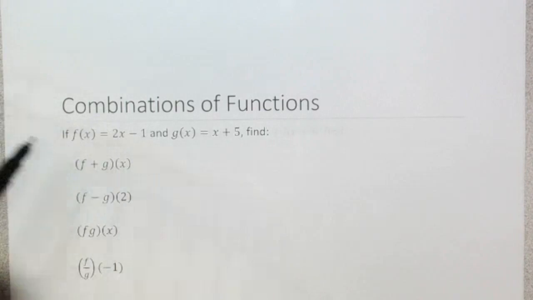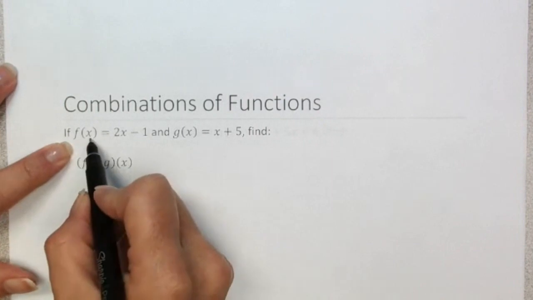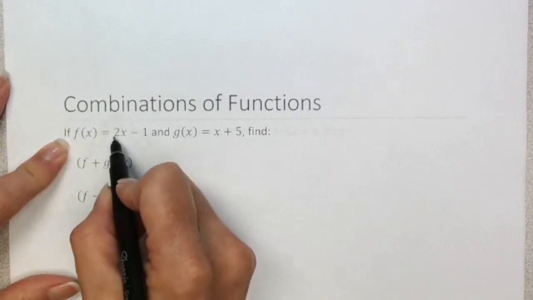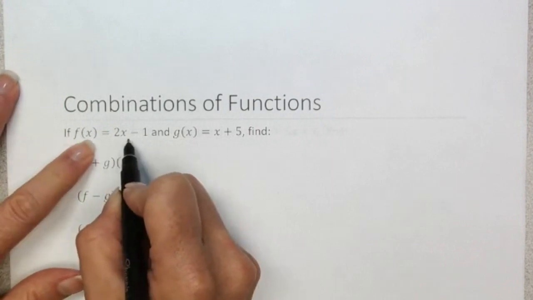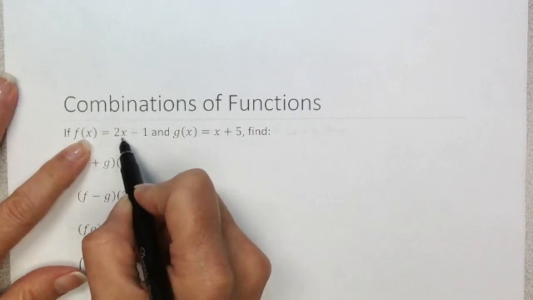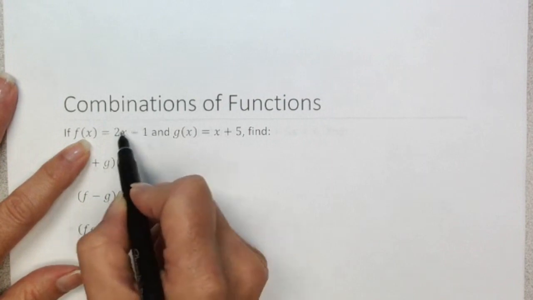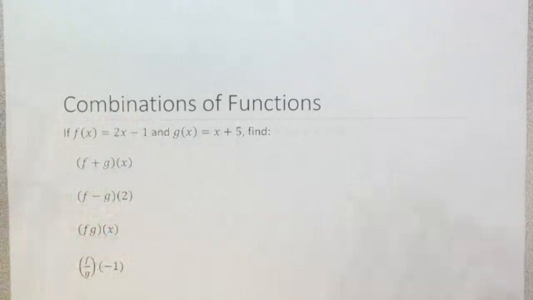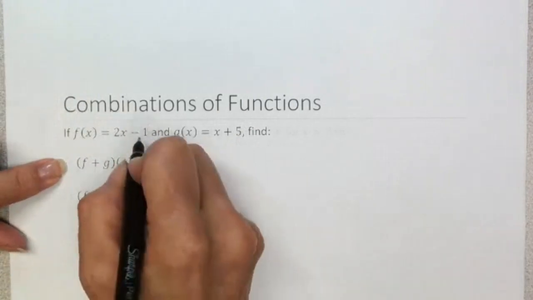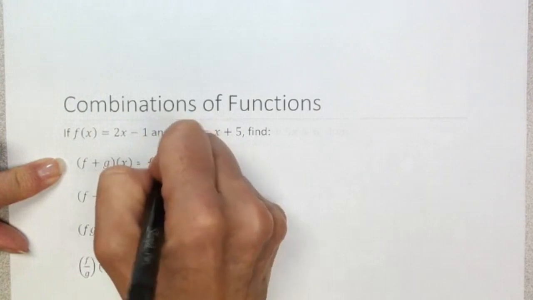So let's look at some examples of combining functions. If we have a function f, and that function is defined as 2x minus 1, that just means take some input. That'll be the value x, whatever value x takes on. Take that input, multiply it by 2, and then subtract 1 from it. And if g of x is defined as x plus 5, if we want to find f plus g of x, what we're looking for here is simply f of x plus g of x,